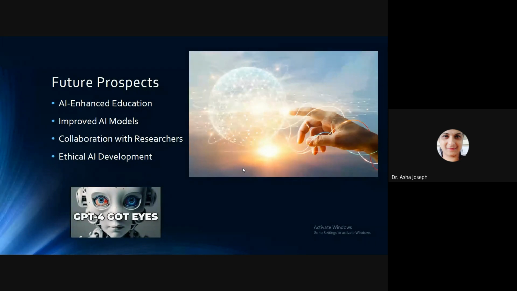We have many improved models. We can work on that, we can get more information, we can get more knowledge, and we can have collaboration with other researchers also. The only thing you need to do is have ethical AI development also. And for the research objectives, we need to see the comprehensive assessment of leading AI offerings,